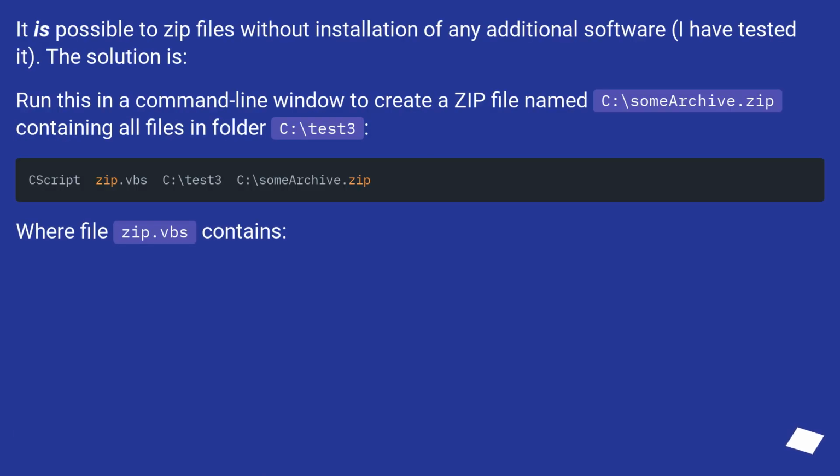It is possible to zip files without installation of any additional software. I have tested it. The solution is: run this in a command line window to create a zip file named C:\sumarchive.zip, containing all files in folder C:\test3. Where file zip.vbs contains: